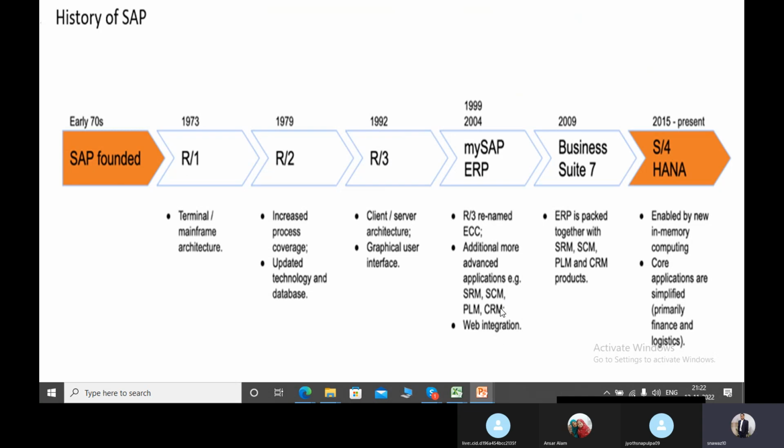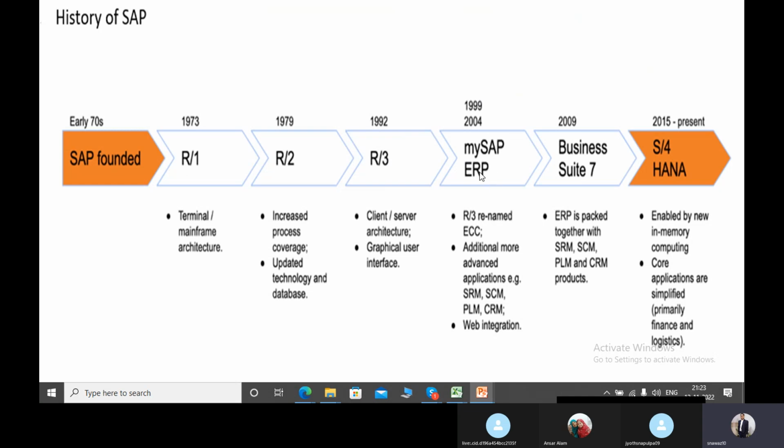Give me CRM, your CRM is very weak, so please work on this and give the solution. Web integration, you don't have web integration, we are running in 2004 but it is not available on the web, right? So all the solutions they have given, and in 2004 this version